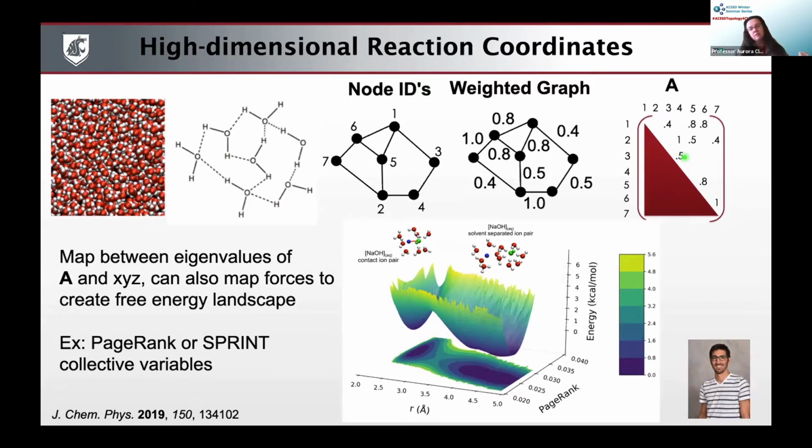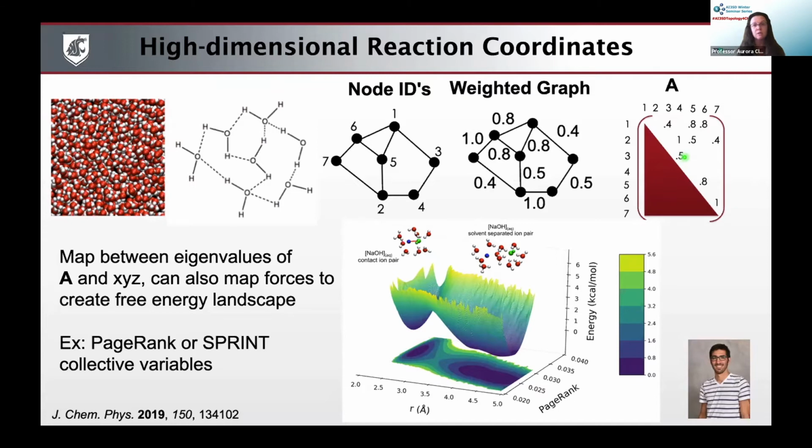This has also been done in a slightly different way with Sprint, with what are called the Sprint collective coordinates, which were published, oh goodness, around 2012, 2013, and I should have had the reference on there. I forgot about that. So just to give you an example of how these spectral graph theory, topological-based reaction coordinates can help you understand more about the chemistry,